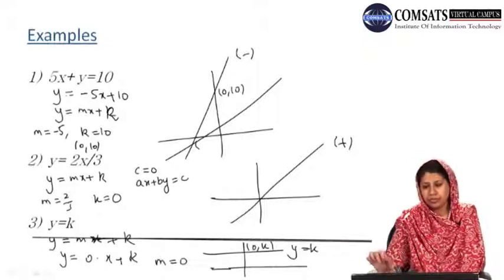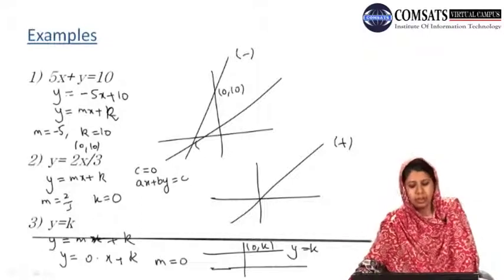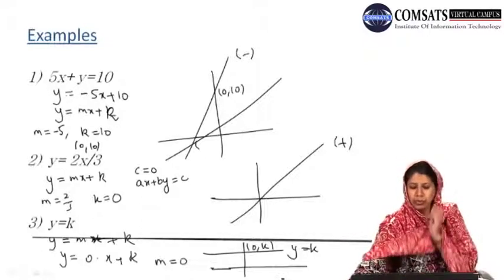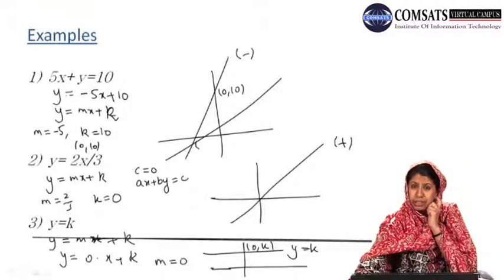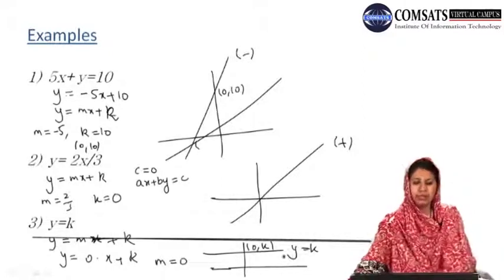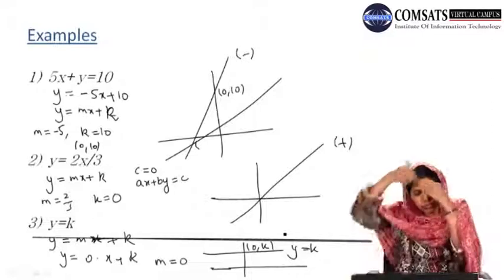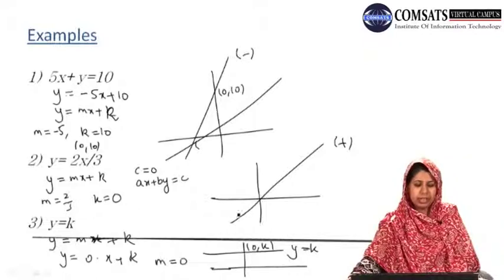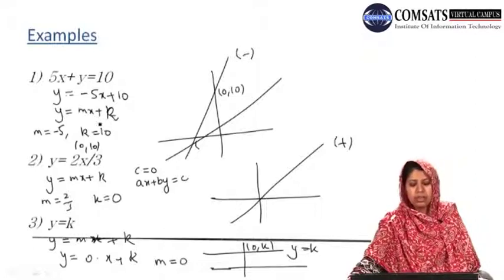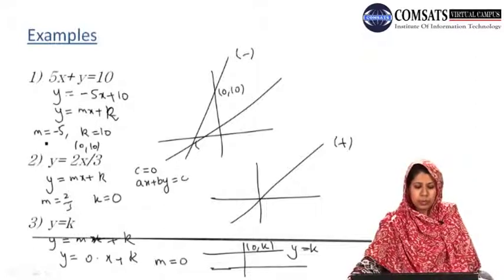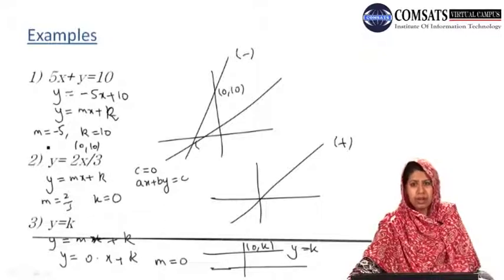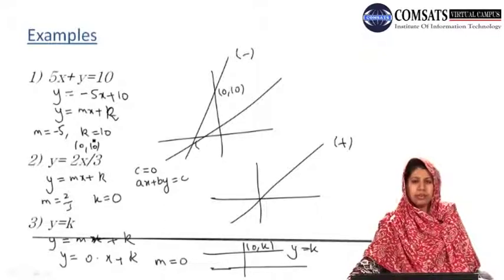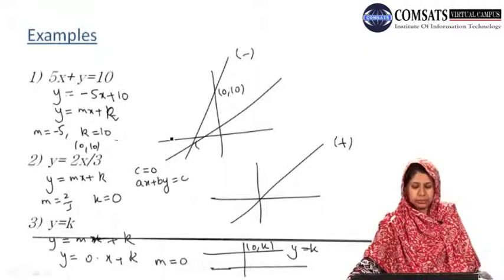So now we have seen a few examples of lines, and how we can find the slope and the y-intercept of a given line. We are provided with an equation of a line. Then what do we mean by the slope of a line? Just by comparing our equation of line with the general form y = mx + k, we can see what the slope of the equation is, positive or negative, how big the magnitude is, and what the y-intercept of the equation is.